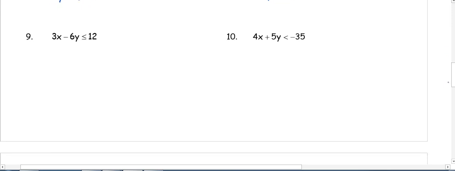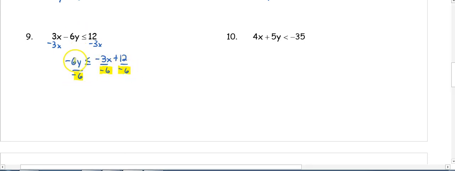In number 9, we have 3x minus 6y is less than or equal to 12. So in order to solve, the first thing we're going to do is subtract 3x from both sides, just like when it was an equal sign and we were graphing. So we have negative 6x is less than or equal to negative 3x plus 12. Remember, we want to get our equation in y equals mx plus b form, so we want x first and the number second. Now, because it's an inequality, when we divide by negative 6,